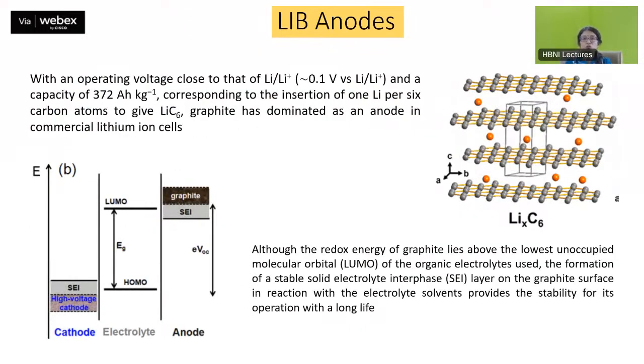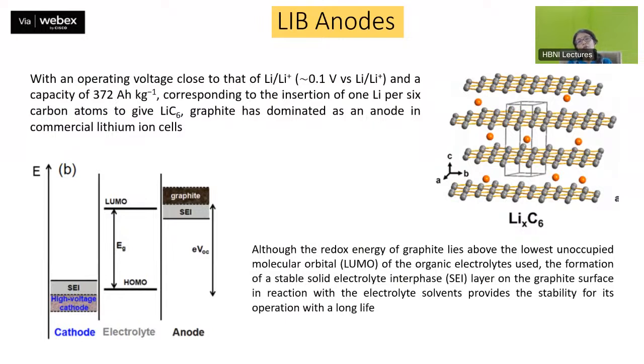So now regarding LIB anodes: in commercial lithium-ion batteries, as I said, the cathode part is well established. We have LiCoO2, which is basically a layered cathode material, and there are other cathode materials also, like the olivine structure, which I discussed last class, and also the spinel structure. In the anode part, initially it all started with lithium metal, but because of the problem of dendrite formation and the various safety issues which arise because of these dendrites,